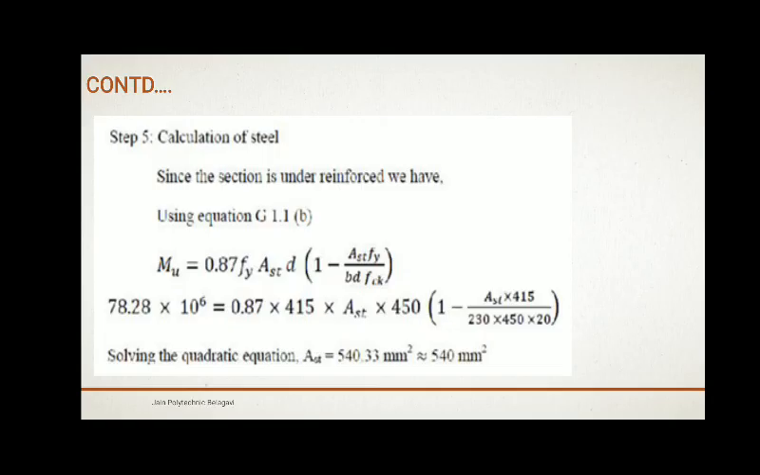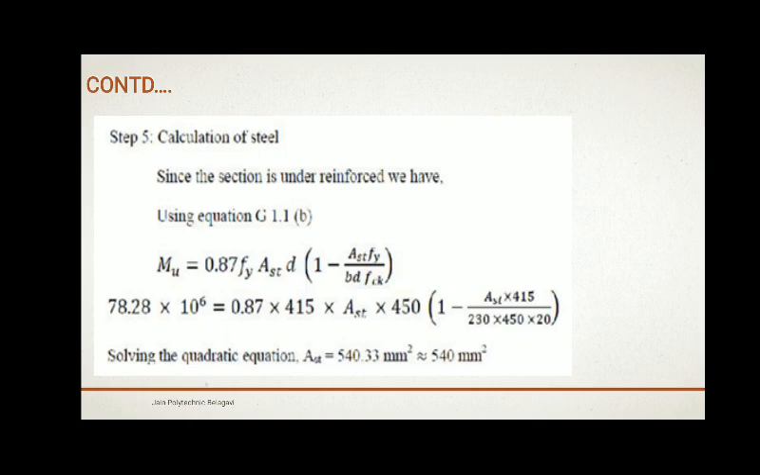The next step is calculation of steel, or Ast. Since the section is under-reinforced, we have Mu = 0.87 fy Ast d (1 - Ast fy / b d fck). So instead of using this equation, because further the calculations go into quadratic, we can also use another equation,